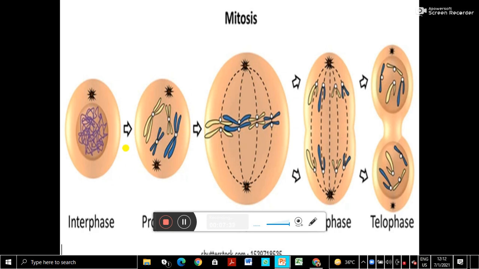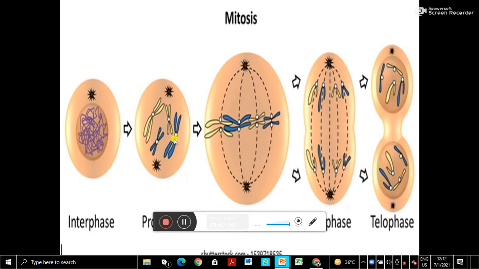So there are 3 important changes in prophase. First one, shortening and thickening of the chromosome. We can call it condensation of chromosome. Then the second change is the nucleolus disappears. Third change is the nuclear membrane disappears. So the chromosomes are now scattered in the